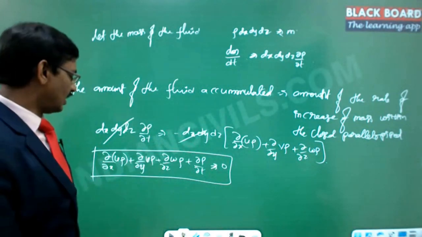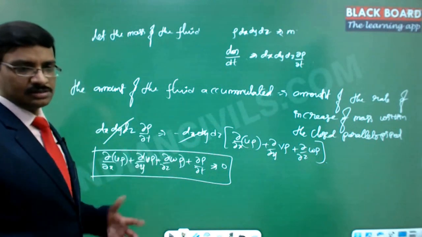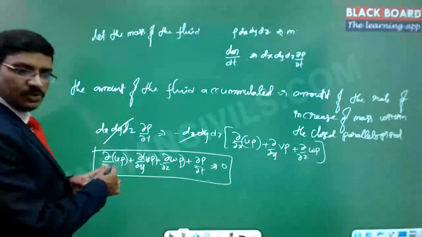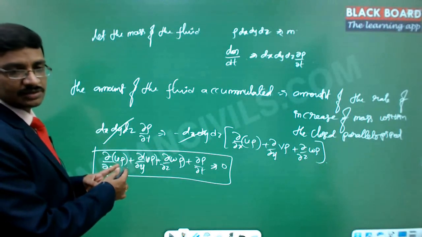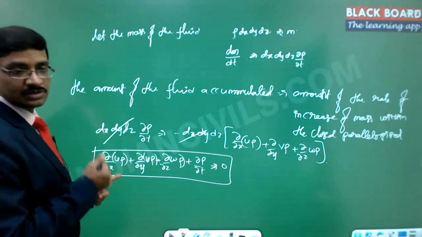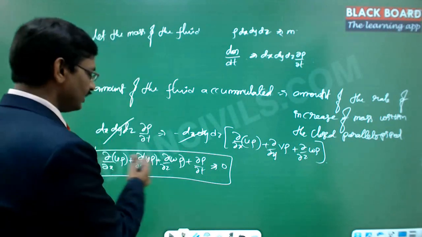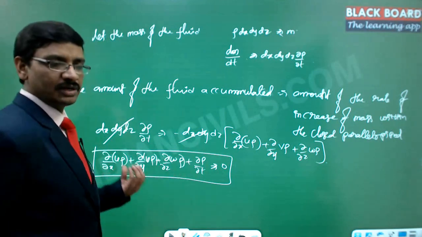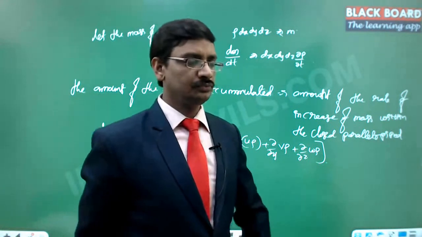Now, this can be adapted with the UV rule, and in the textbook, it was complicated further, saying that you can take the UV rule and apply it, because u is a function of x, y, z, and v is a function of x, y, z, rho is a function of x, y, z, and w is a function of x, y, z. So you can apply it, and then separate it. Otherwise, you can leave it as it is, and you can remember. Got it? Any questions?